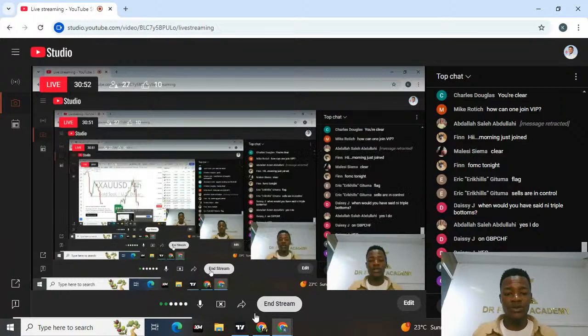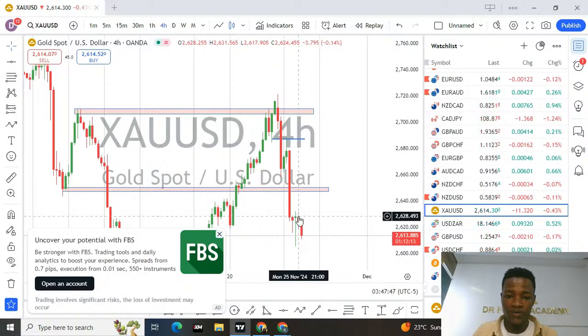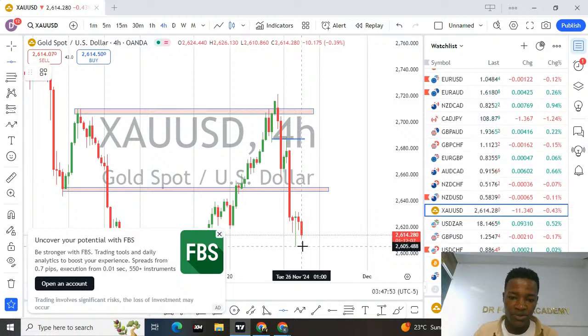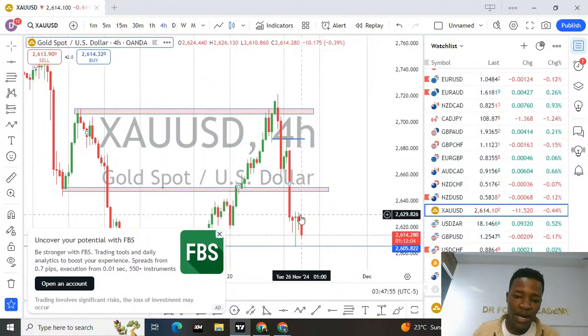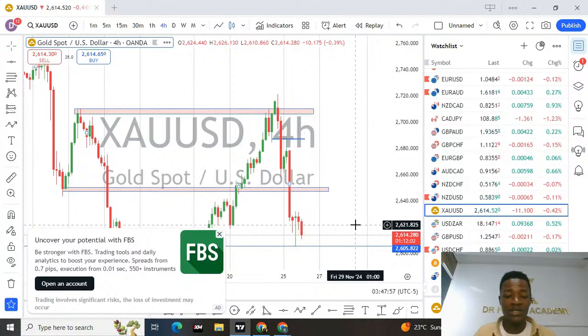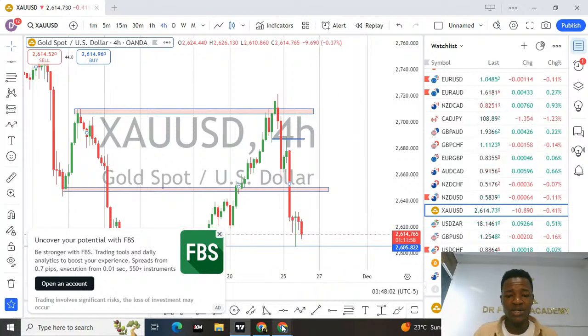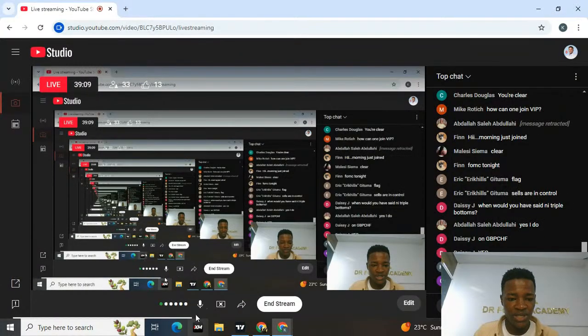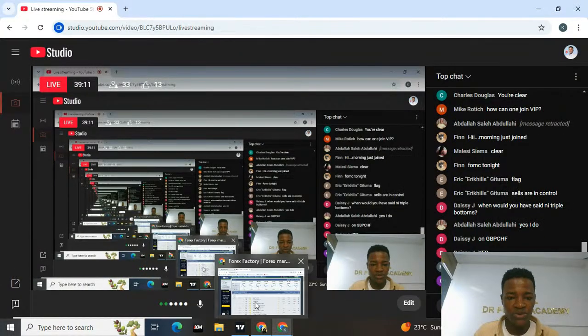So, like now, another day today, I woke up, I saw this flag, I took another entry, and I'm looking forward for the market to hit the low of today. I took another entry here with a small account. I've already flipped it. A lot of people ask me, are you able to flip this account? Let me show you. So I'll not end the live stream, but share the screen so that I can show you.